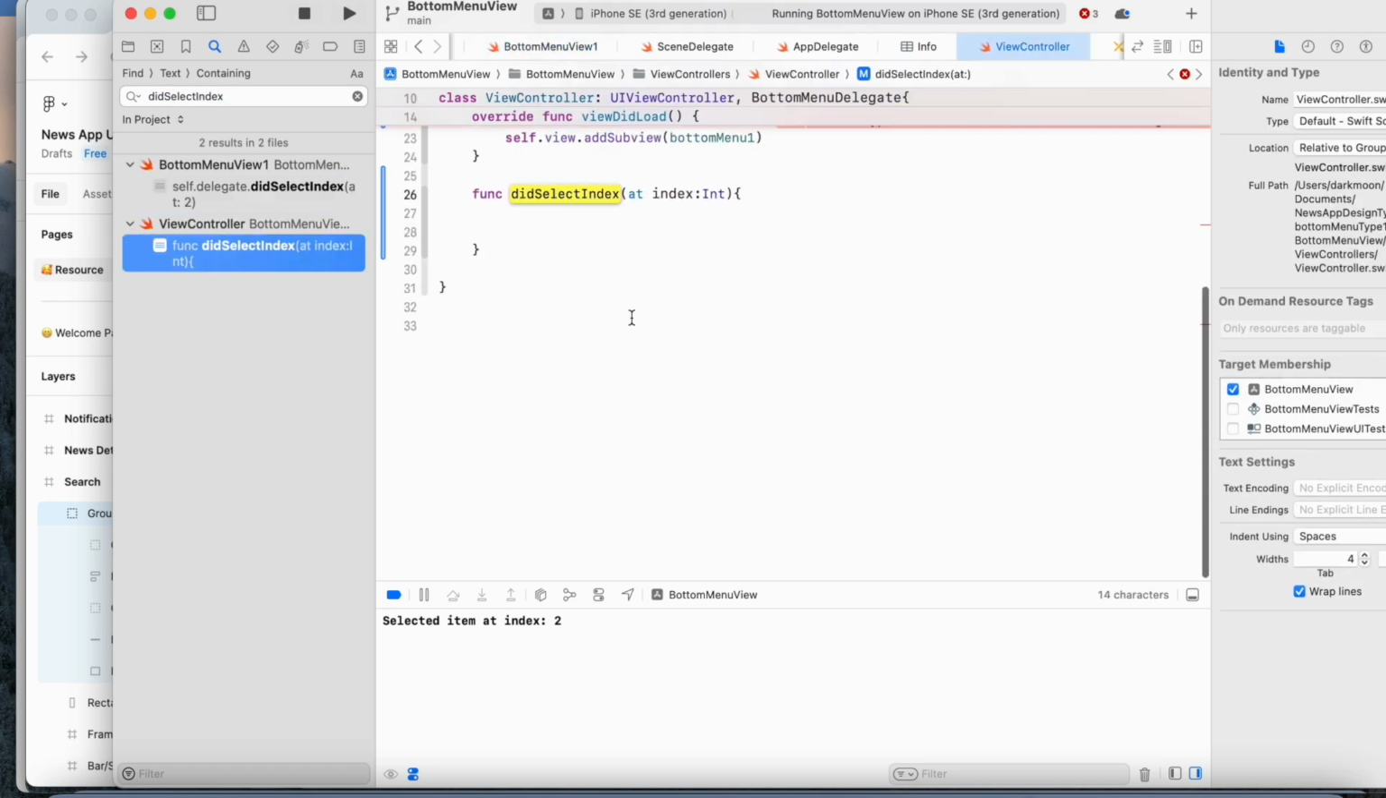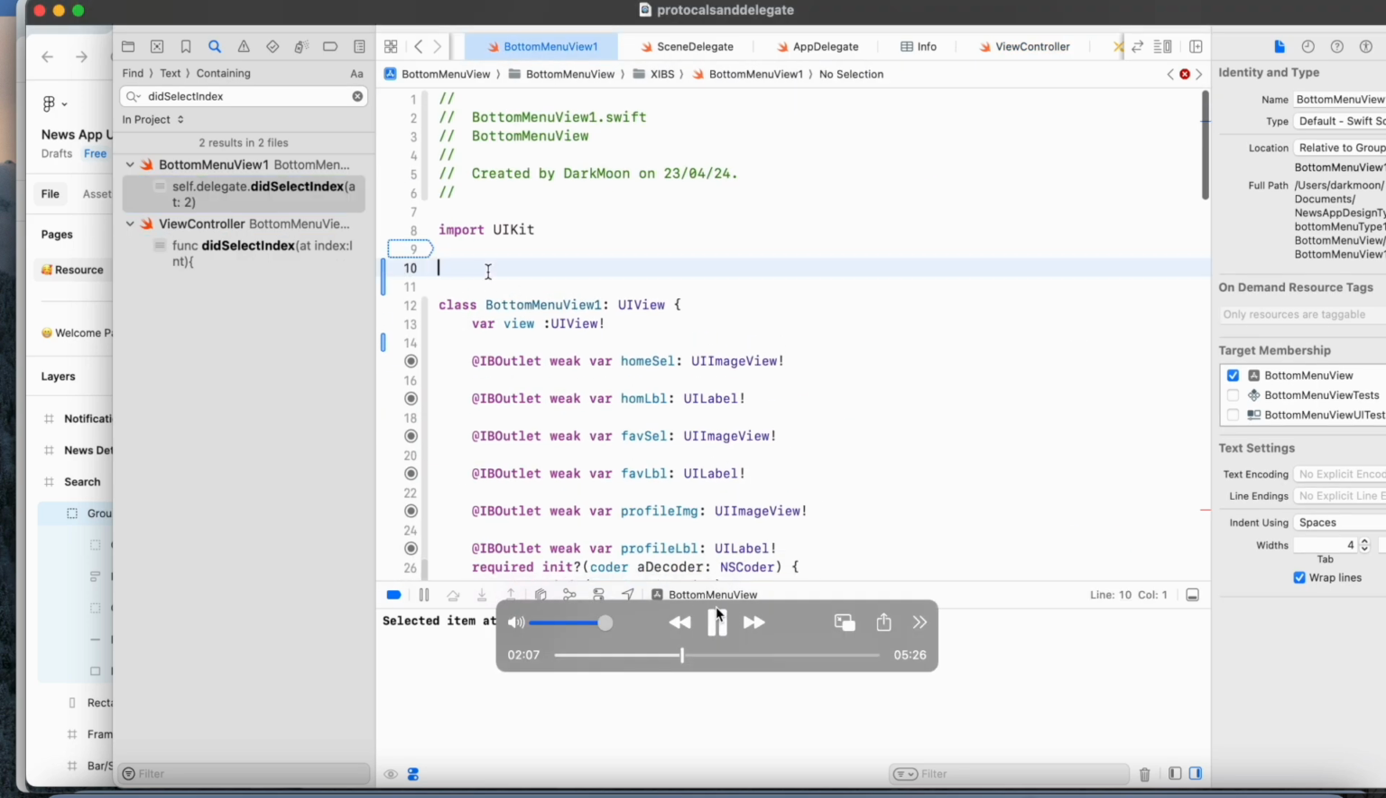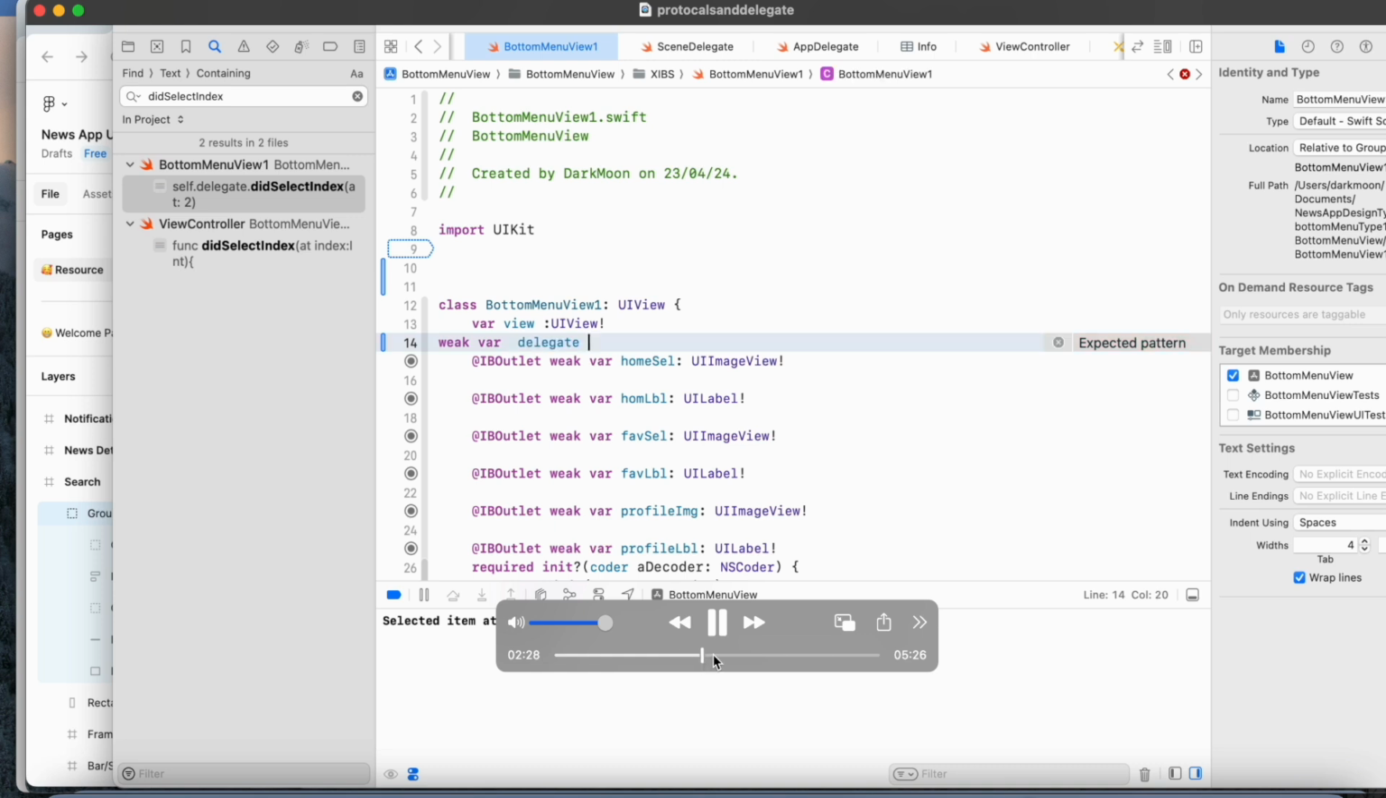Now what I will be doing, see here, I have written the function in the view controller. You can see the right side. Now see, as I said earlier, I will be mentioning the weak delegate and that particular delegate name. weak var delegate equal to bottom menu delegate. See,